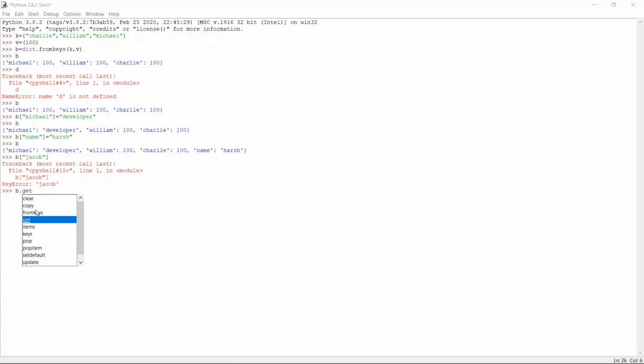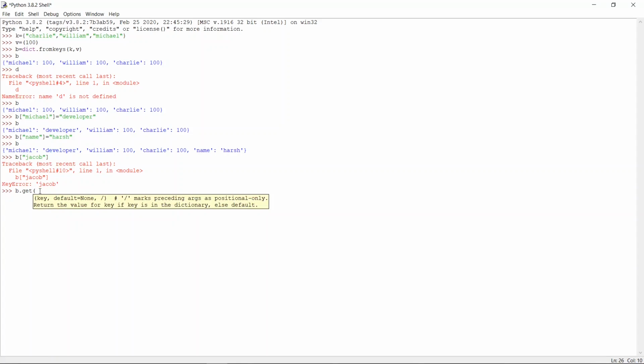Here you can see the next one is get. Get means we can take the value. I am passing the key, and there is no Jacob, right? Let's just print. Here you can see it prints None. So no value, and it will not print any error.